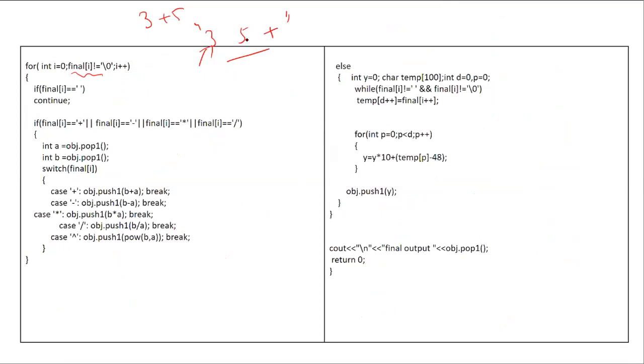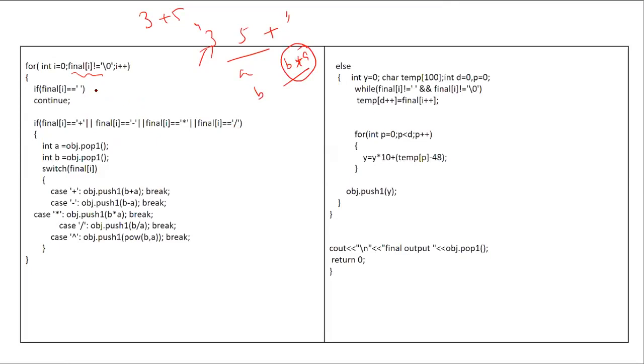For a given operand that is encountered, push it into the stack. If an operator is encountered, pop 2 times. Let A be the topmost element, B the next to topmost element, then apply B operator A accordingly, and push this value back to the stack. This was the underlying procedure for the same.